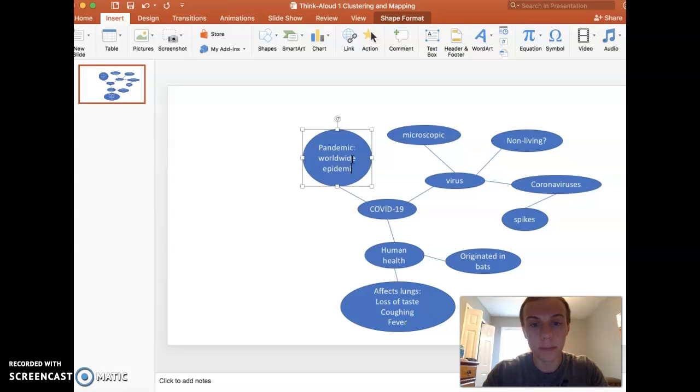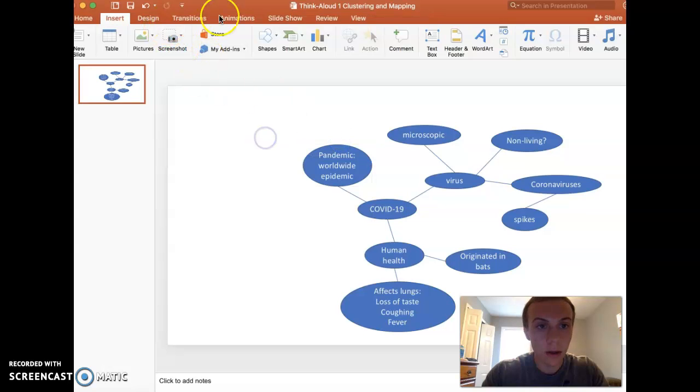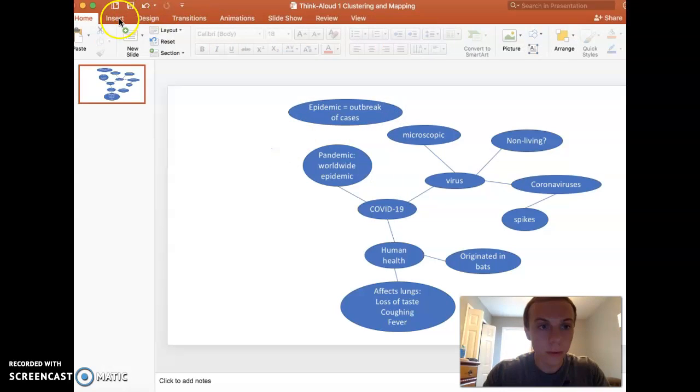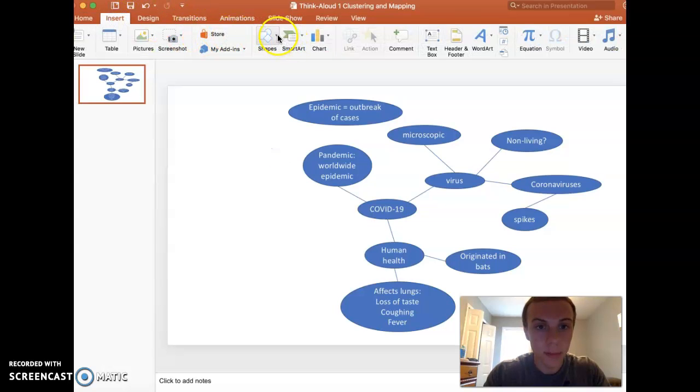That's what that stands for. Pandemic. All right. And an epidemic is an outbreak of cases. So COVID-19 is a pandemic, which is a worldwide outbreak of cases in a number of different locations and places